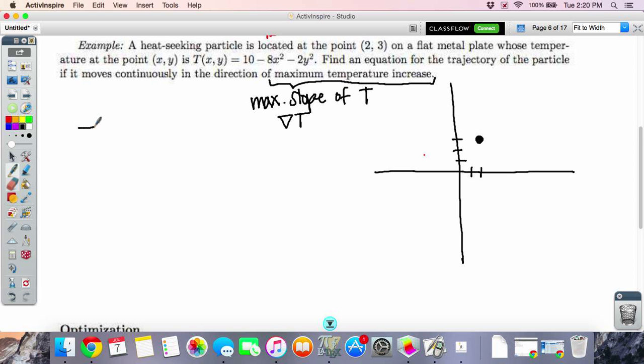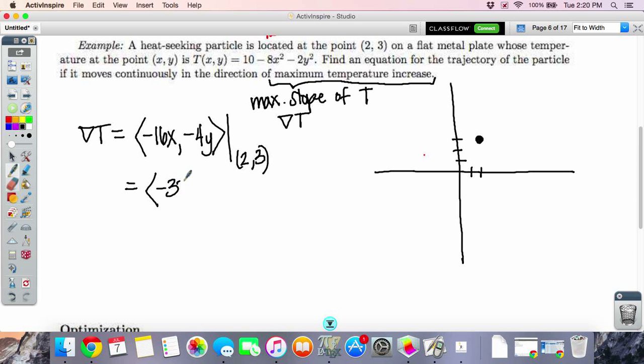So let's find the gradient of our temperature function. That'll tell us where to go. So let's see, the partial with respect to x is just negative 16x. And then the partial with respect to y is negative 4y. And I actually have a point here, right? I'm at the point (2, 3). So when I plug that in, I get the vector (-32, -12), which is really big